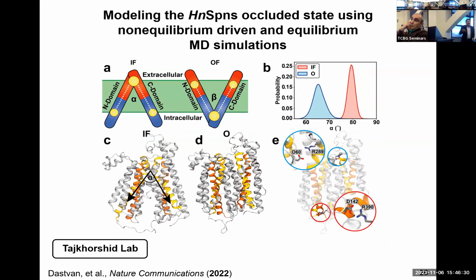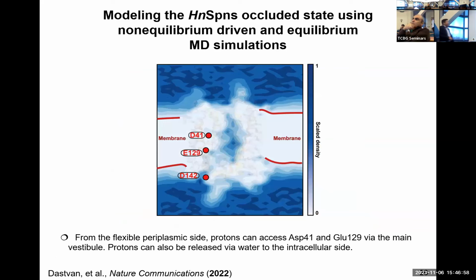Ali and Saber did non-equilibrium driven MD simulations starting from the inward-facing crystal structures. They stabilized an occluded conformation of the protein, and nicely, the periplasmic salt bridge, as well as the salt bridge on the intracellular side between TM11 and TM4, which was part of structural motif A, stabilizes the occluded conformation. They did equilibrium simulations, and in fact,